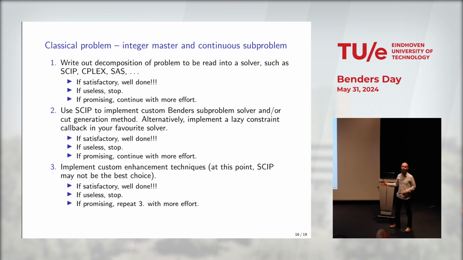And then finally, implement it all yourself. I'd say at this stage, SCIP's probably not the best choice. I'd go with something else. But if you love SCIP, then I'd probably go with another approach. But if you do get to that more promising step, especially if you started going down the lazy constraint callback method, then you're actually halfway into step 3. So adding these extra parts works quite well.